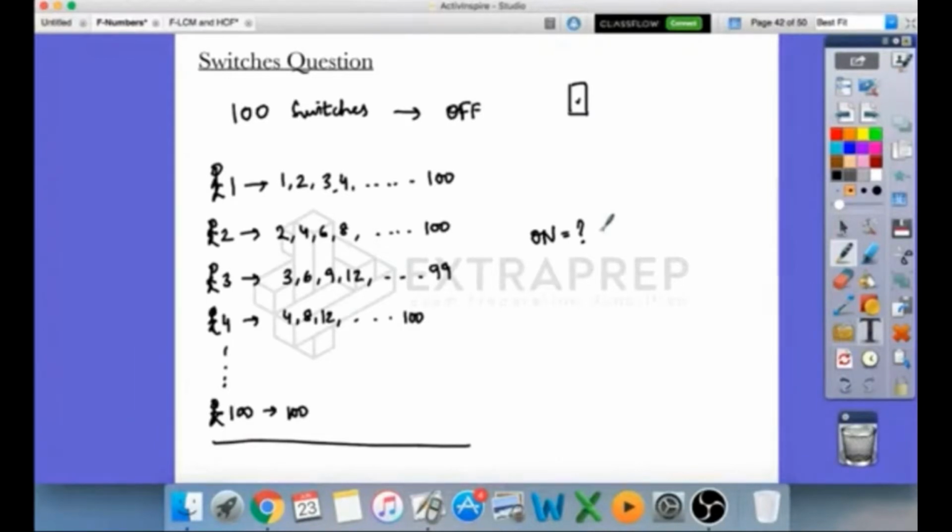That's the question. Now I want you to think about it for a minute. I'll give you a minute to solve it and then I'll answer it for you. Okay. Or it will be easier if you assume there are 5 or 10 switches and manually try it out so that you can find out. That's what we do, right? When large numbers are given, you have to focus on smaller things.